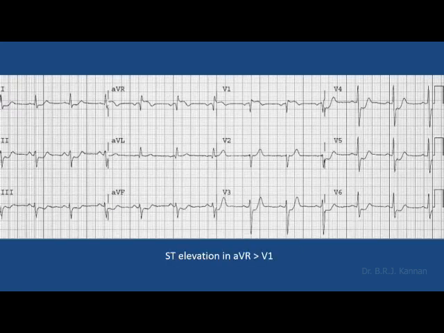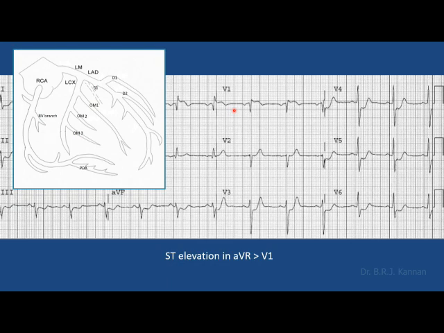See here, there is ST depression everywhere. But these are the two leads showing ST elevation. V1 is showing ST elevation, AVR is showing ST elevation. Now AVR ST elevation is more than V1 ST elevation. So most probably this patient has a left main coronary artery lesion up to here. See that? It's the most dangerous area to have. These patients have high risk of dying immediately and they need to be attended to very fast.